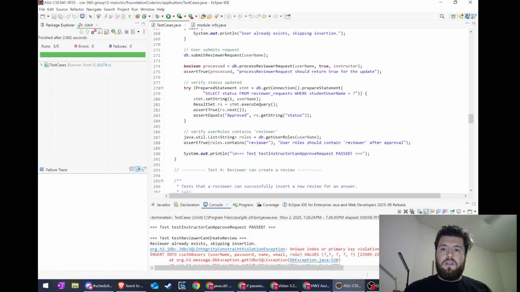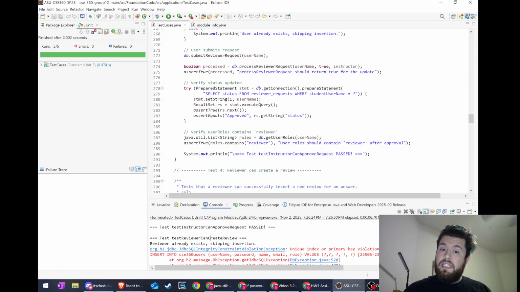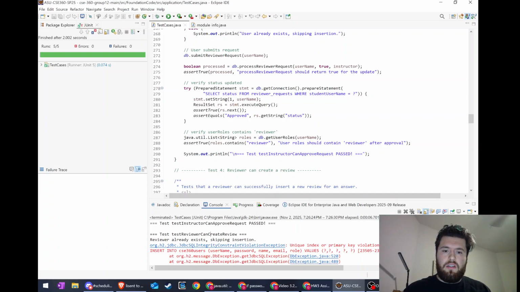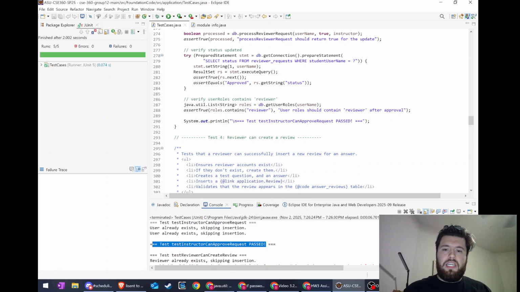So essentially it just says that the instructor has gone in and has approved the request. And in doing so, it has added the role reviewer, which is the very last check right here, which is just checking to see if that user indeed has the review role attached to him, which it does, as we can see further down here. Here, instructor can approve requests. Both have passed. As you can see, the little pass statement here. And then reviewers can review